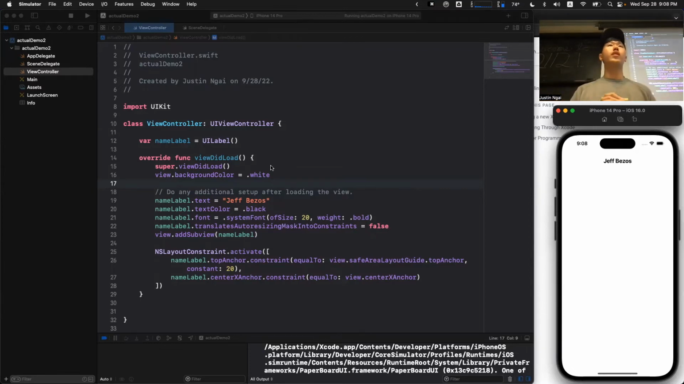Anybody have any issues with building that? So yes. So now